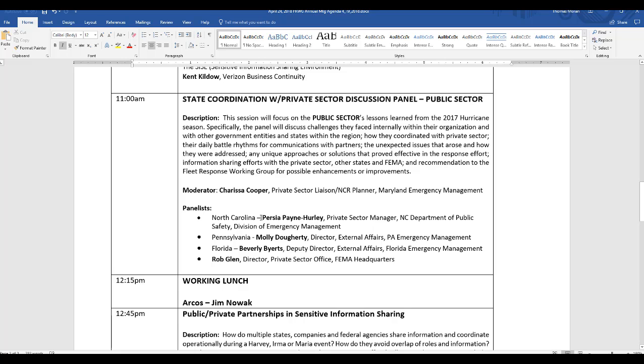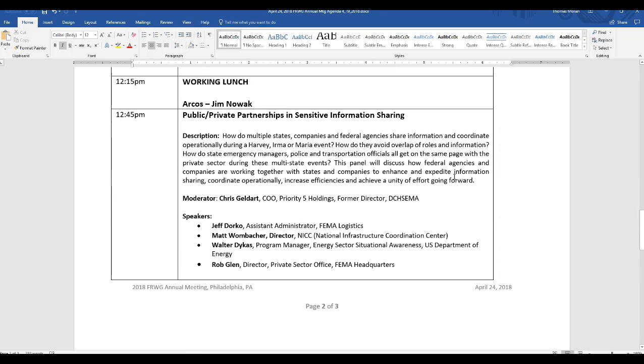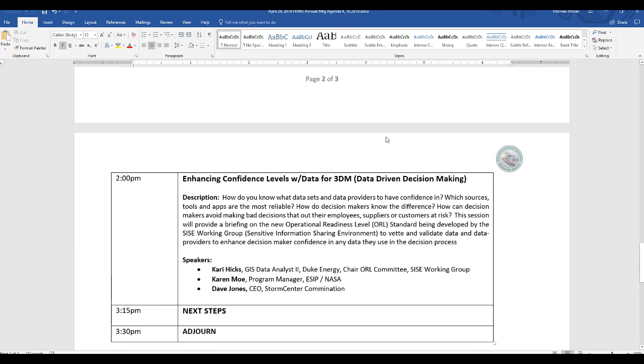and then we'll jump right into our next coordination session amongst states. So we'll have Pennsylvania, Florida, North Carolina, Maryland, and FEMA private sector office. Rob Glenn will be dialing in for that one. At 12:45, we'll have lunch. Then we'll have our next panel for information sharing,